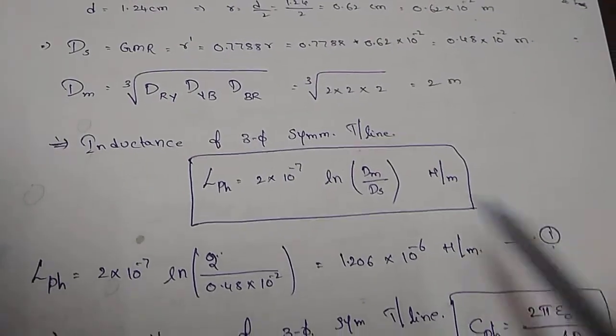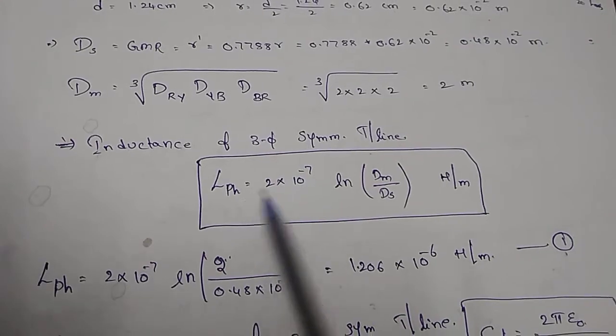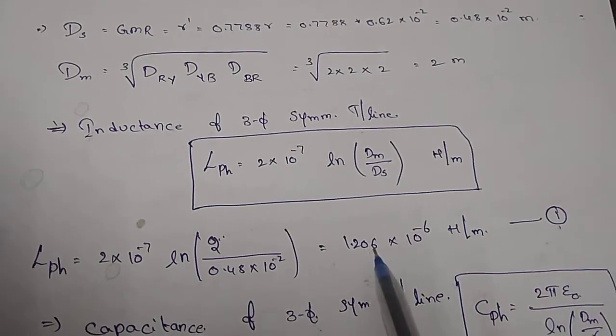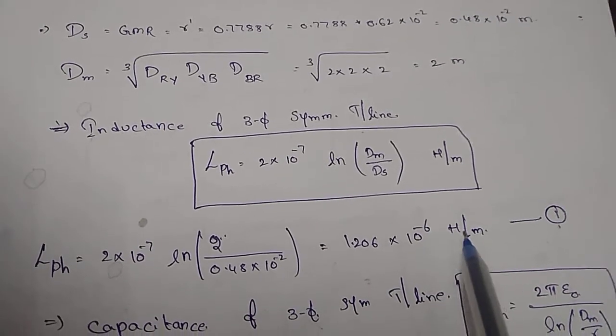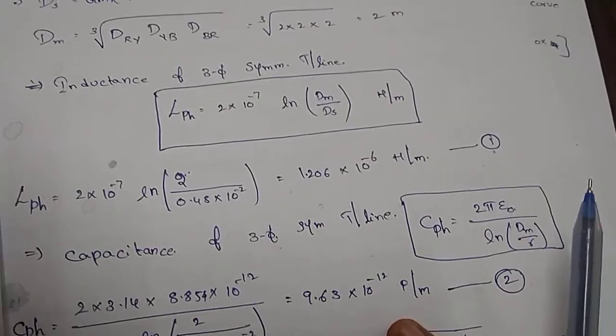Directly I am substituting in formulae. Whatever the inductance formulae here, I am replacing. Place all those values. So 1.206 into 10 power minus 6 Henry per meter. Later for capacitance,